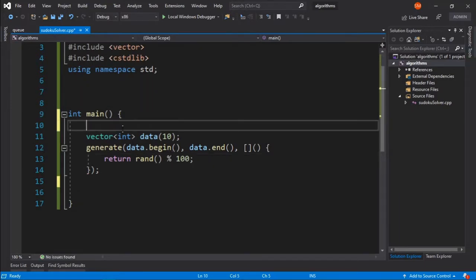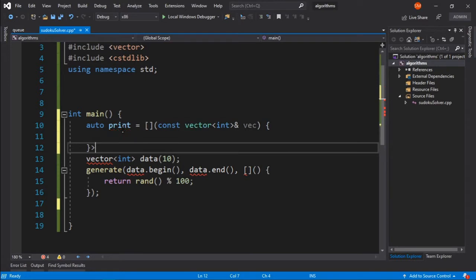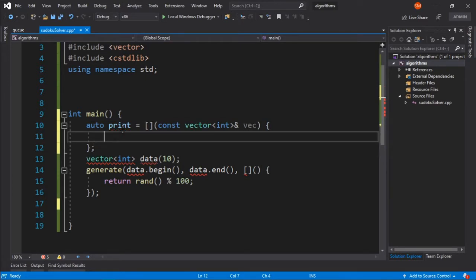So now let's print the values that are generated. For that I will be declaring a function called print. I can simply say auto print. It's a void function, and it's simply going to be a lambda function that takes a const vector of integers reference called vec, and all it does is, let's put a semicolon here,